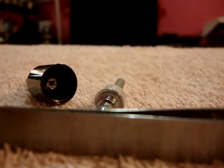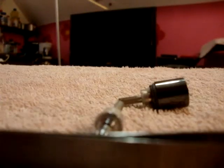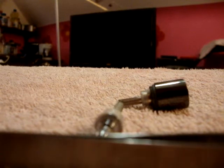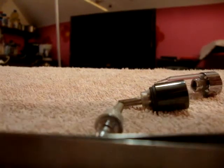Kind of afraid to screw this down too much because that's kind of how it got cracked to begin with. And it's starting to crack even further. So yeah, I'm gonna not do that anymore. Plus it's messing up my O-ring inside. But